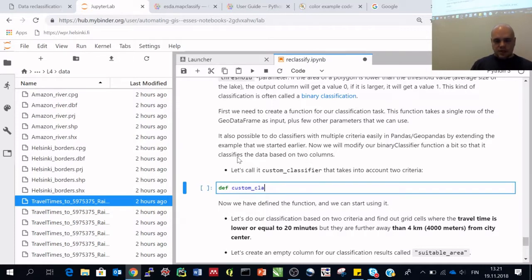So custom classifier is the name of the function. At this point I guess you have already needed to write functions a few times. So how do you create a function? Is it more or less clear how to do that? You use the definition keyword, then the name of the classifier, and then you specify some parameters for that,